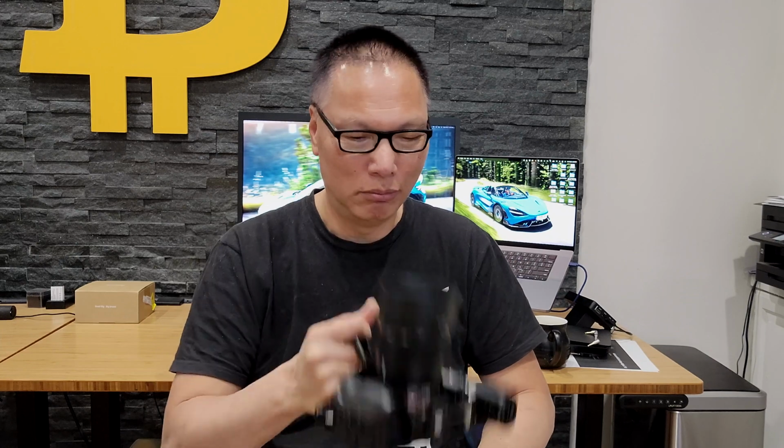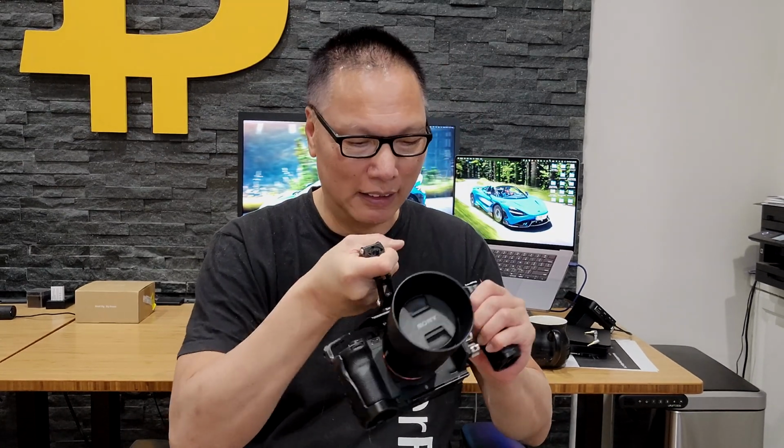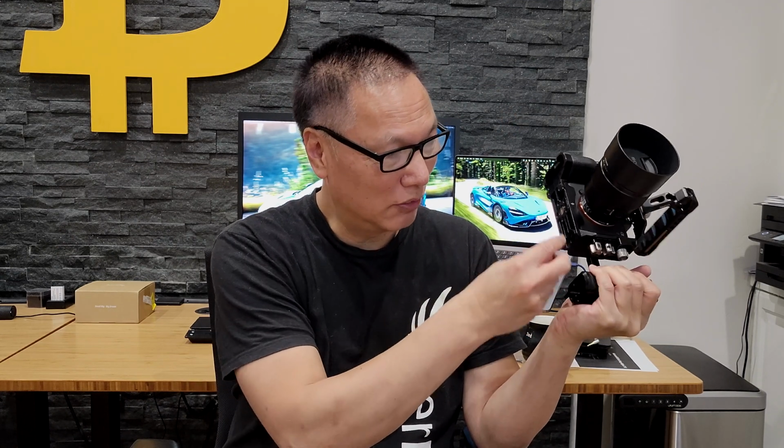The top handle makes it easy to carry. I mean, this thing is solid. It's not coming off. Overall, I really like this, and I love the fact that it has the tool for quick release. I can adjust it real quick, and the tool here, the little magnetic Allen key,